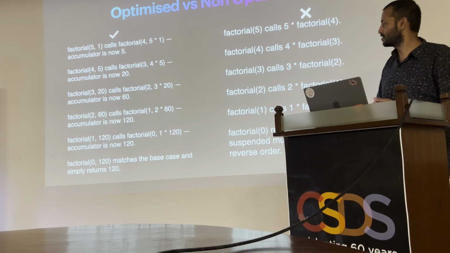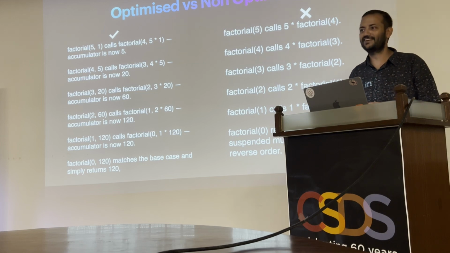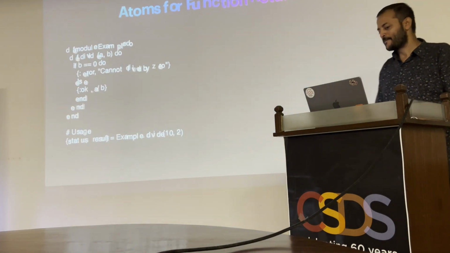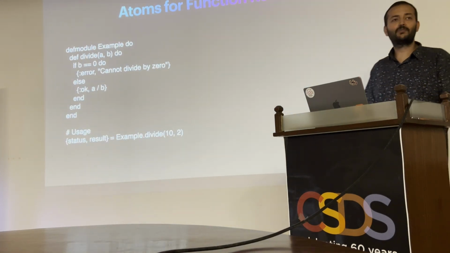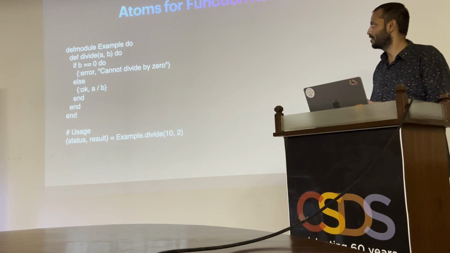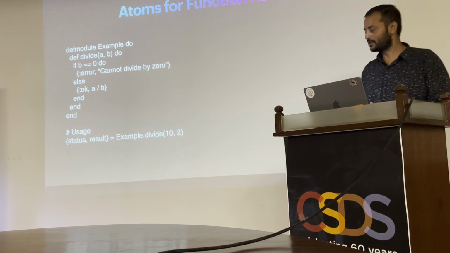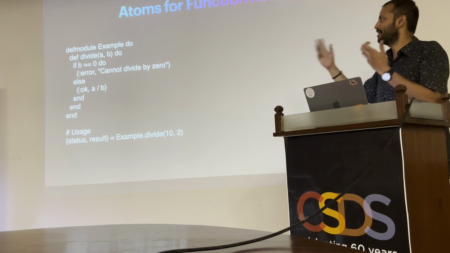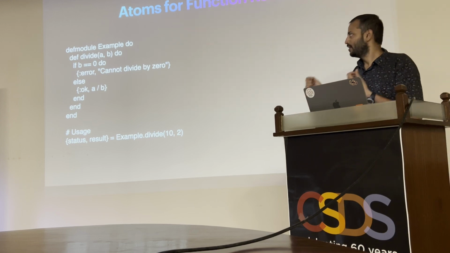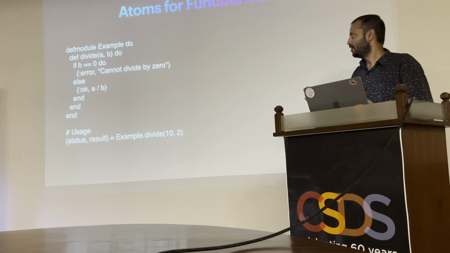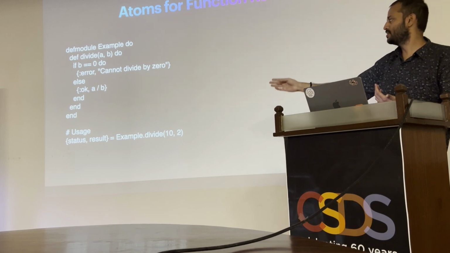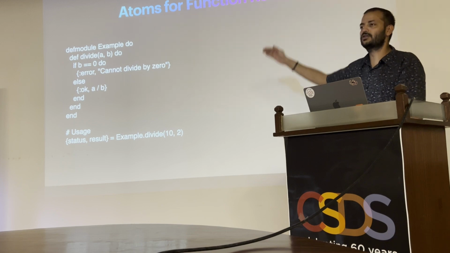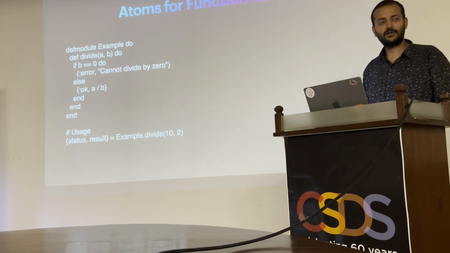And I know I've used this a few times, but I was quite fascinated by it, so I dove a little deeper into it. Atoms happen to be a very critical part of this language. I'm sure you're all well aware. And I'll quickly run you through this, that essentially the error is an atom, right? With that sign that you see. And OK is also an atom. And in the usage below, you can clearly see that the status and result are being assigned based on the function that you have defined on top.